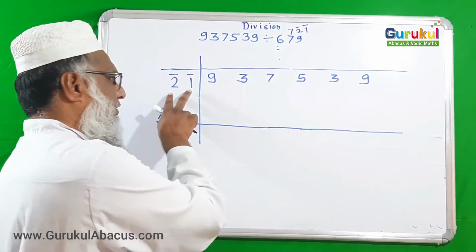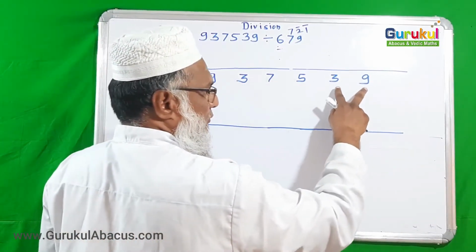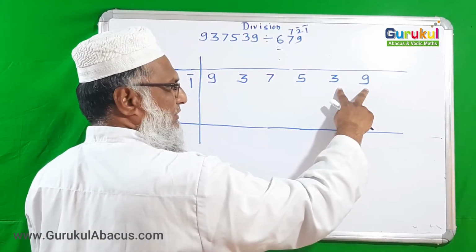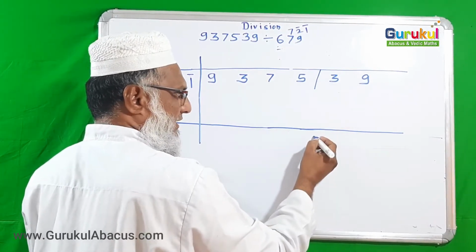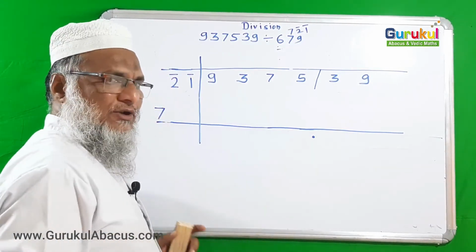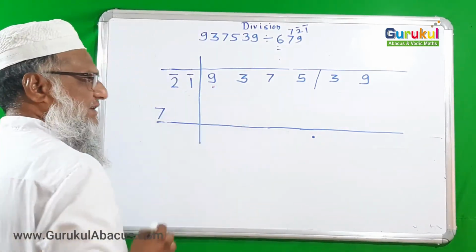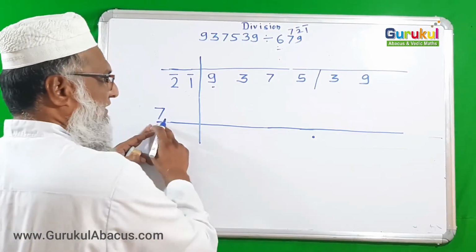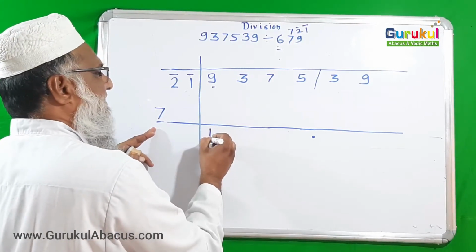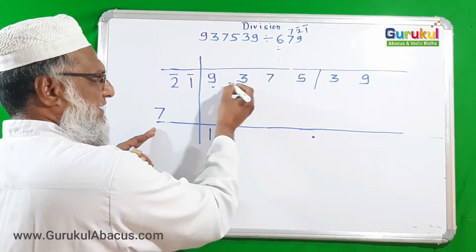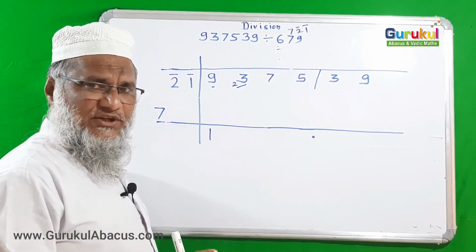Okay, so here are 2 flag digits that I just told you. So 2 digits from the question number I want to keep after a cross line, and below the cross line I want to put a decimal point. Now we are going to solve our example. So here I am choosing the first digit, that is 9, and here is 7. So easily I can say 7 ones are 7. Subtracting this from 9, I get 2, which I want to write here. Here is 23.